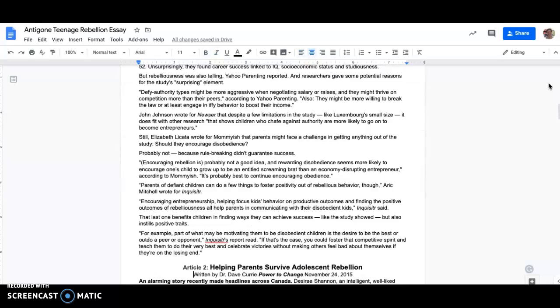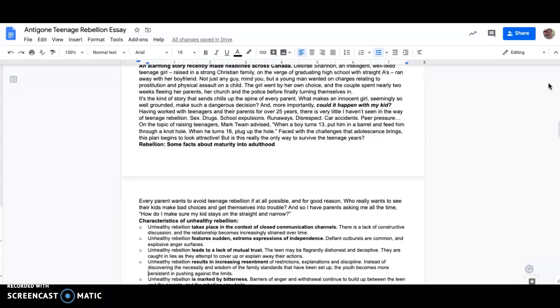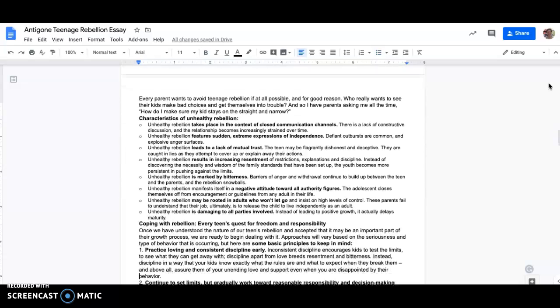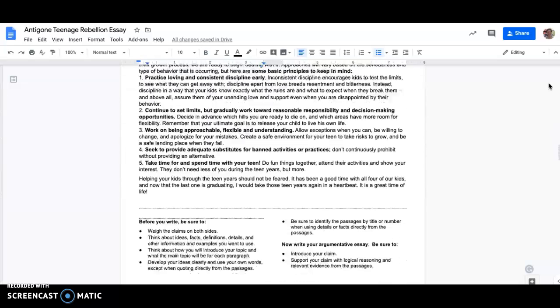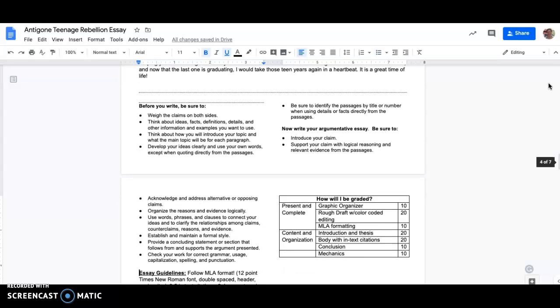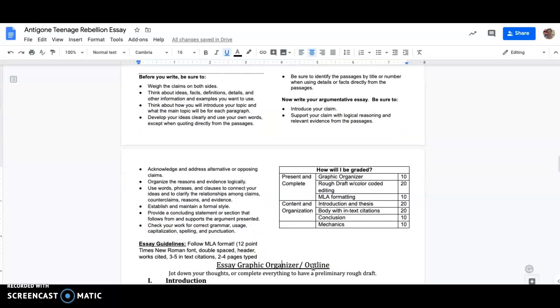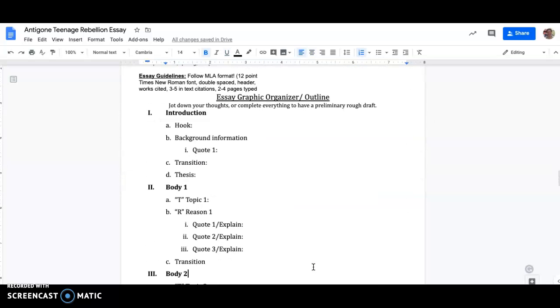I'm going to come down and I have on here, the reason I wanted to use this too is it has my graphic organizer on here. And it also has a really great thing to look at for how to write the essay. I kind of like that. It was pretty. Okay, I'm not going to be graded on the graphic organizer. Obviously, this is not your assignment. Okay. But I like this